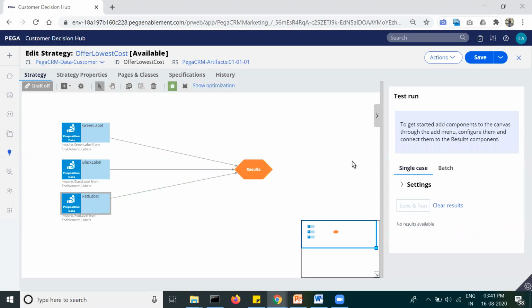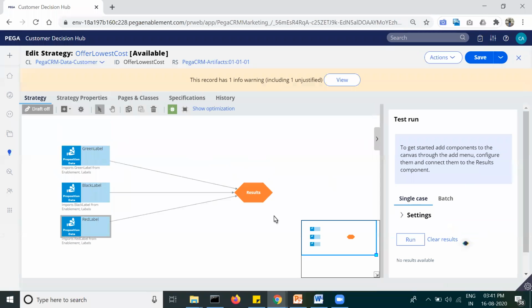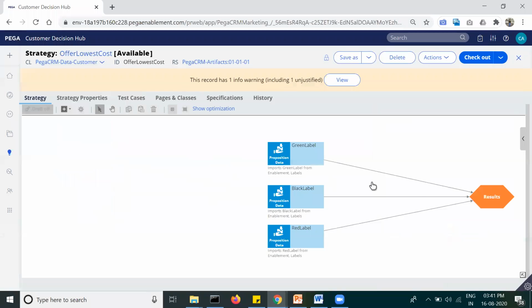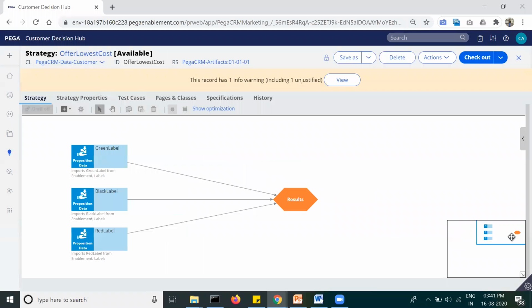If we expand the right hand pane and save this strategy, we can execute the strategy to see what kind of result it is producing at the moment. So if I run it,